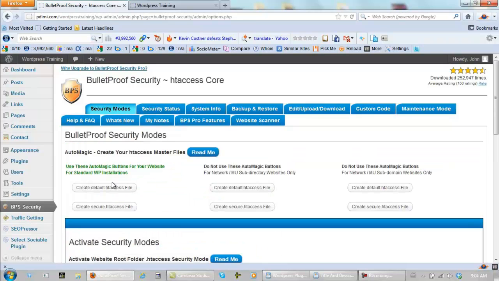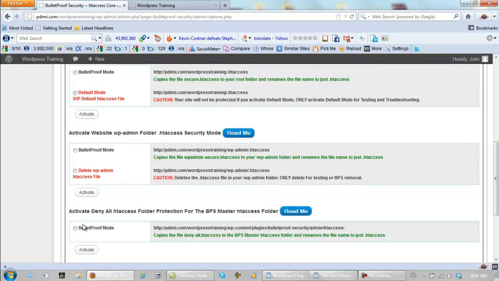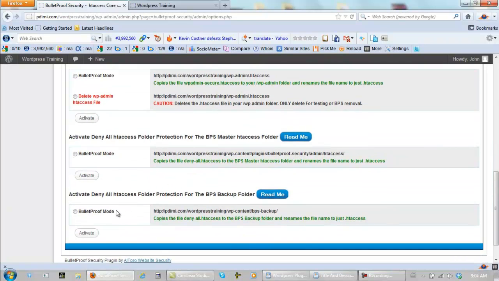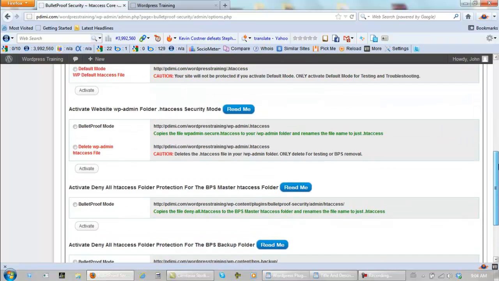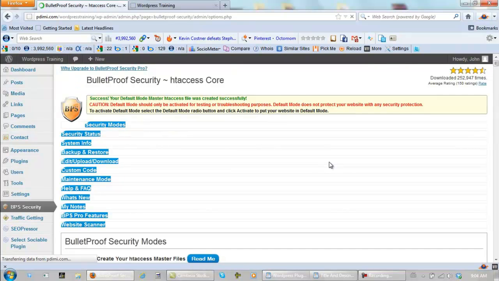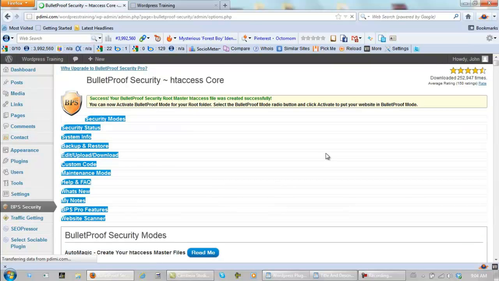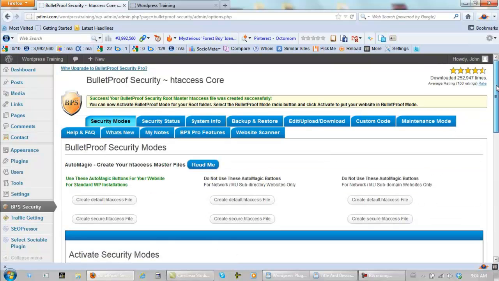So we start from here. We have two tabs right here. Scroll down. We have 1, 2, 3, 4 to activate here, but it must be done in a particular order. Step 1, create default Htaccess file. Step 2, create secure Htaccess file. Step 3,